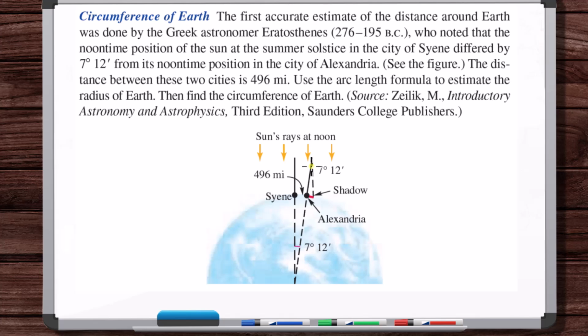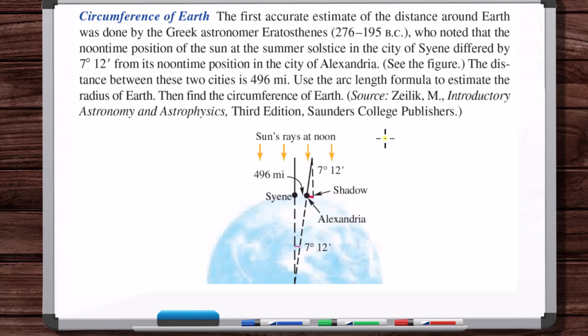Now, they indicate the shadow here. I'm not sure why they do that. The shadow doesn't end up coming into play in this problem. But okay, with that angular difference, how could you estimate the radius and circumference of Earth? Circumference being the distance around the entire globe. Well, the key is you have this angle, but then the other big key is that you have the distance, the arc length distance that angle corresponds to, because you know the distance between the cities. That's the key. So let's convert 7 degrees 12 minutes to radians,